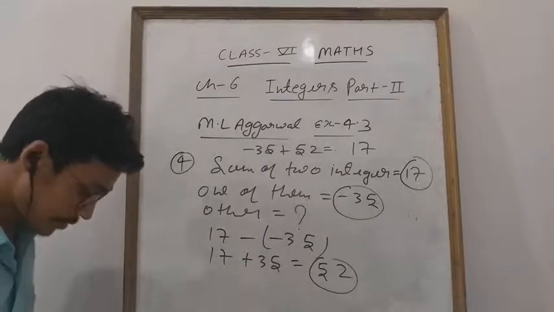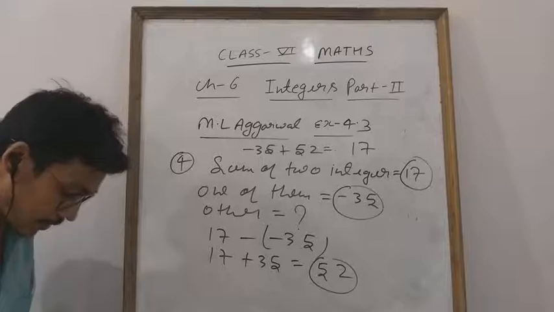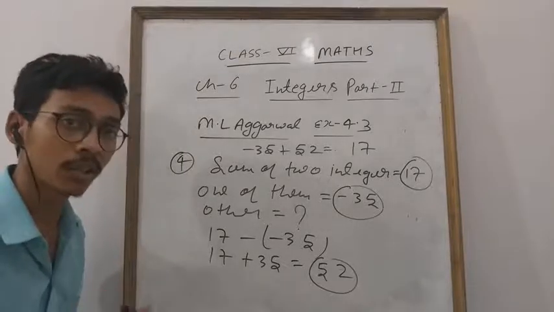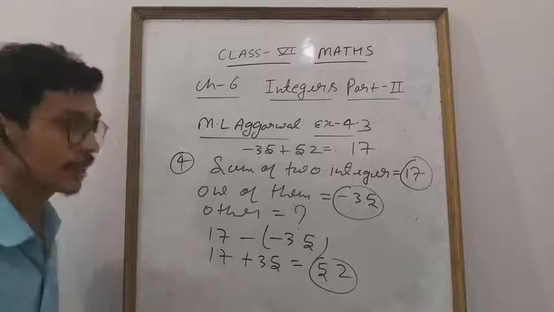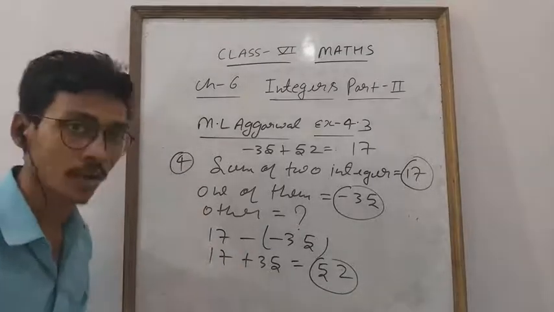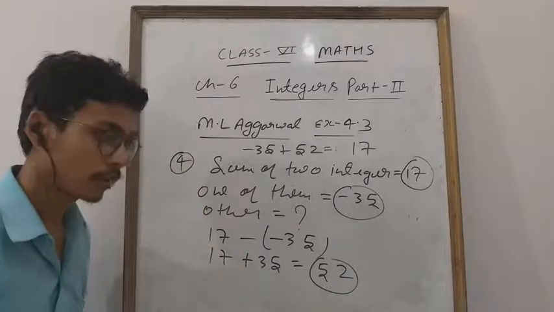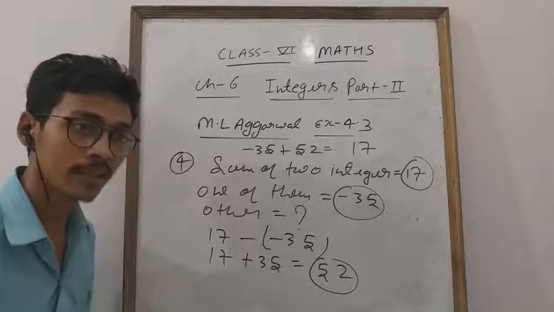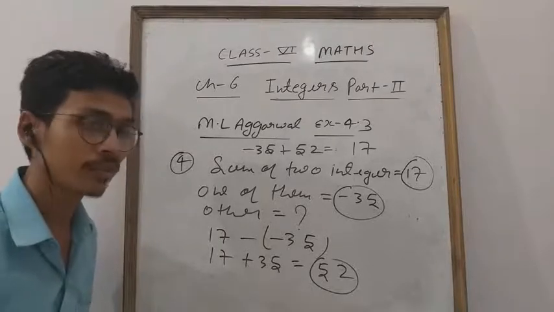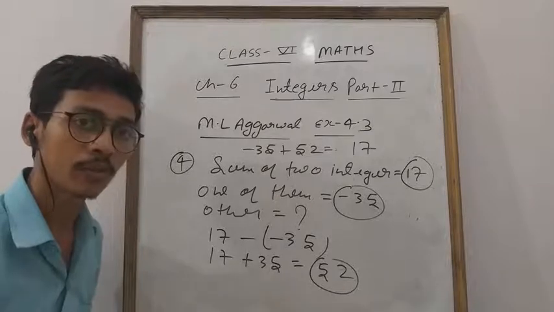So everything I explained in this book, student, what is given, nothing is left. Only what you have to do is practice all the questions. Clear, everyone? So this is clear, everyone, with NCERT and ML Agarwal. In ML Agarwal, this is given in chapter number 4, and everyone has to complete all the chapters. Clear, everyone? So from my side, everything is done. It's your turn. You have to do all the questions. Okay, everyone? So in the next video we will discuss the next chapter, till then do your work. Thank you, students.